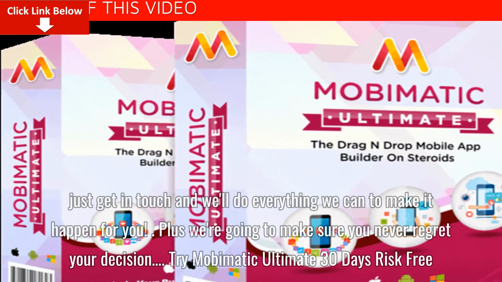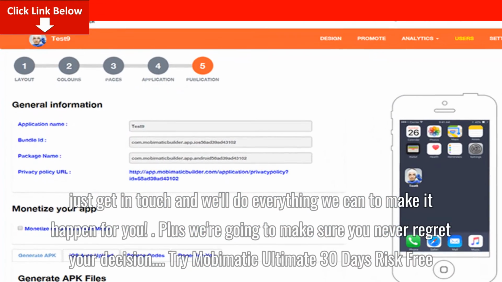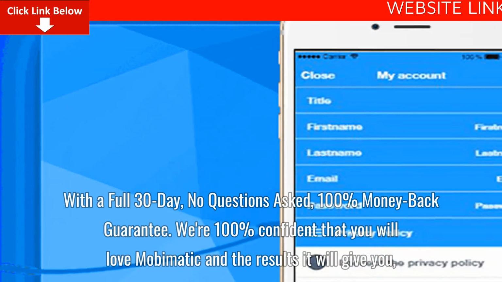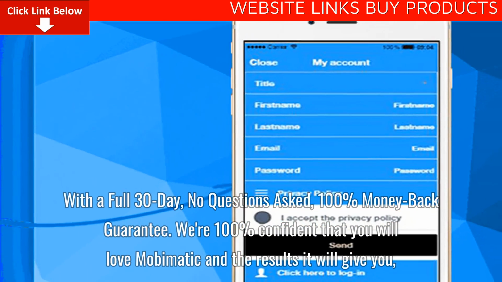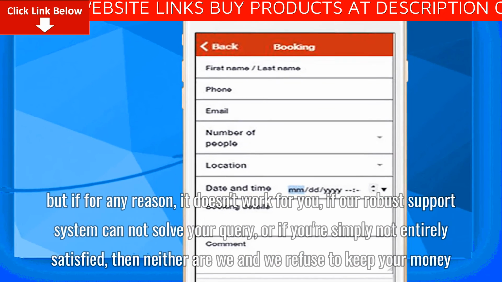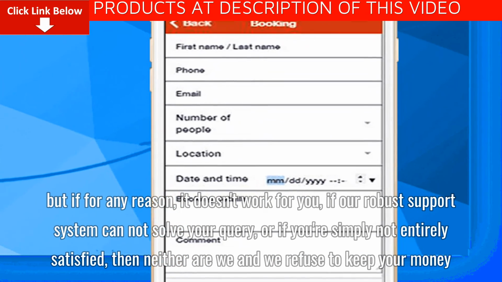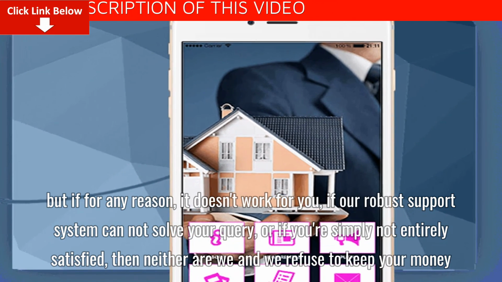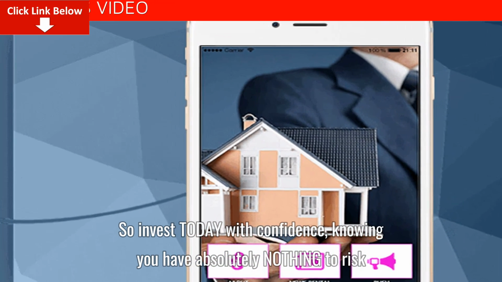Plus we're going to make sure you never regret your decision. Try Mobimatic Ultimate 30 days risk-free. With a full 30-day, no questions asked, 100% money-back guarantee. We're 100% confident that you will love Mobimatic and the results it will give you, but if for any reason it doesn't work for you, if our robust support system cannot solve your query, or if you're simply not entirely satisfied, then neither are we and we refuse to keep your money. So invest today with confidence, knowing you have absolutely nothing to